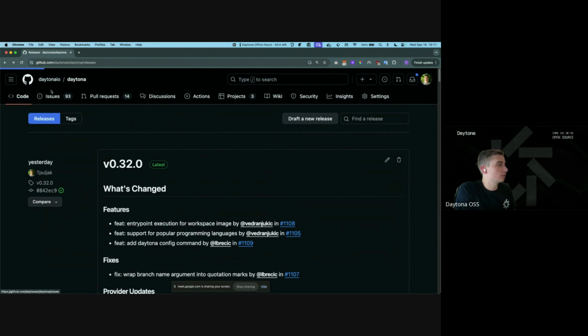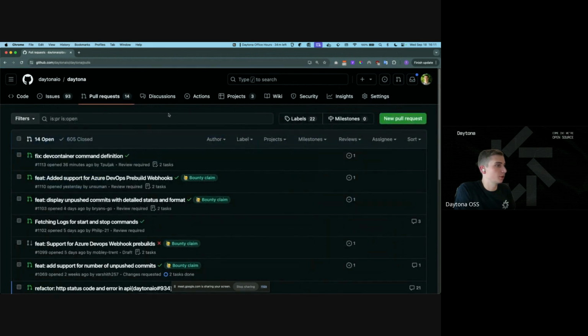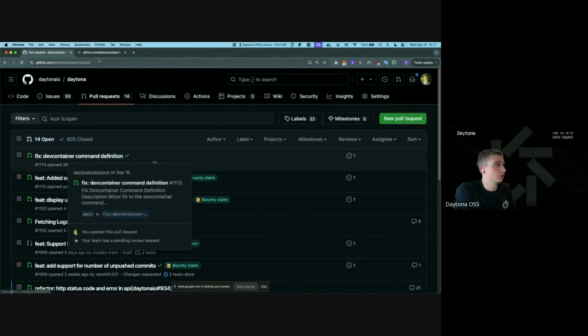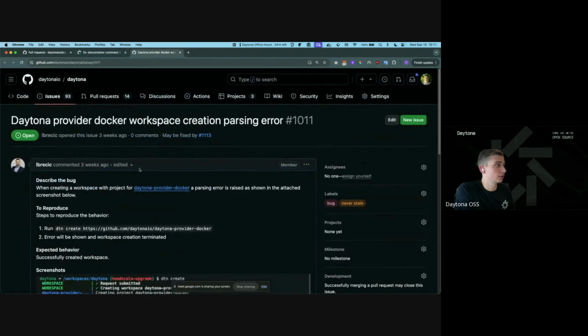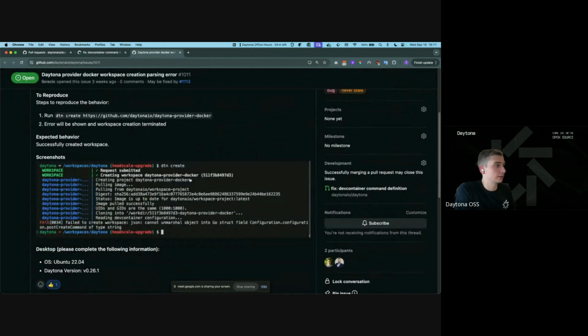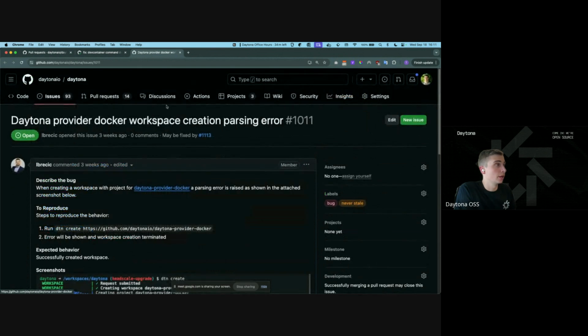Now let's take a look at some of the open PRs. I made a fix for dev container command definition. Our colleague Luca opened an issue a few weeks ago that is apparent when you do Daytona Create in our Docker provider. It was a mistake in defining the dev container configuration structure in Go, and I simply fixed